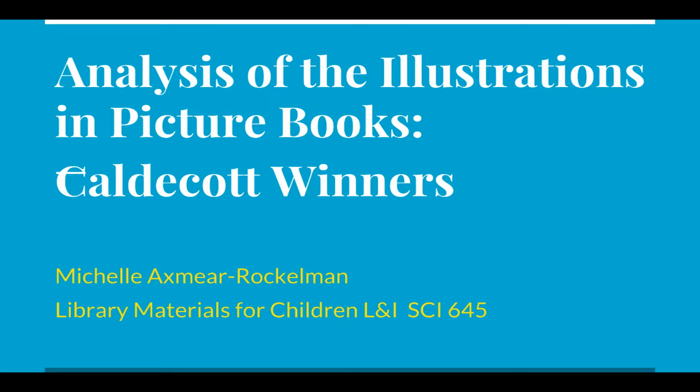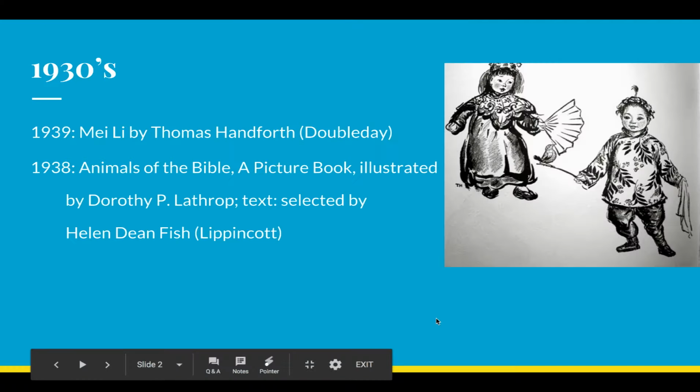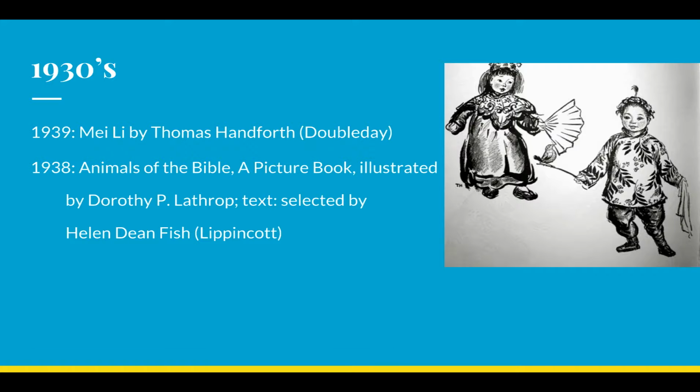So keeping these traits in mind, we're going to be analyzing the Caldecott winners, or medal winners. In looking at that, we're going to be starting with the decades and what happened during those times and how that might have influenced the Caldecott books. So starting with the 30s, in 1938 was the very first book, and this is when